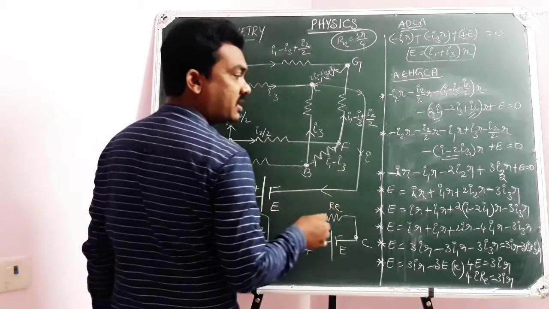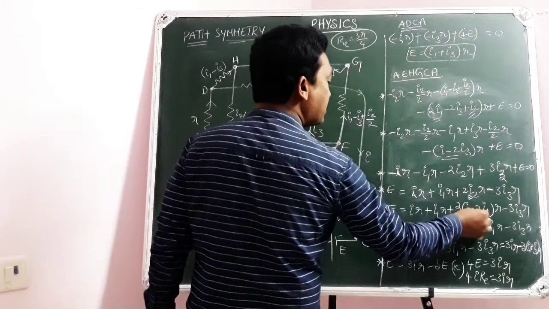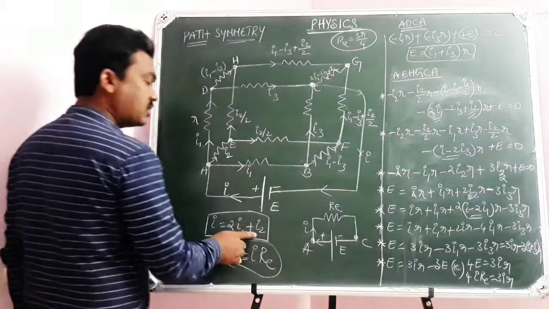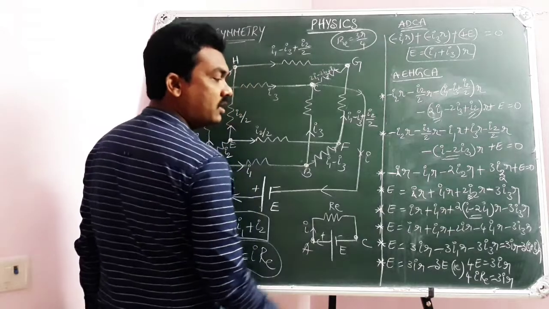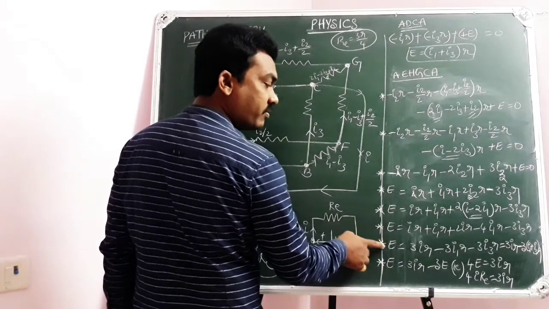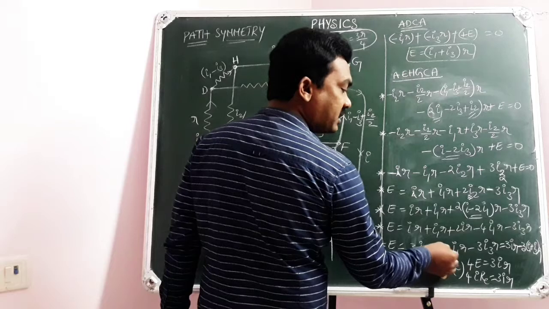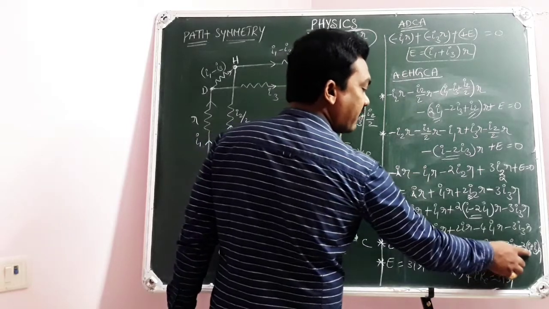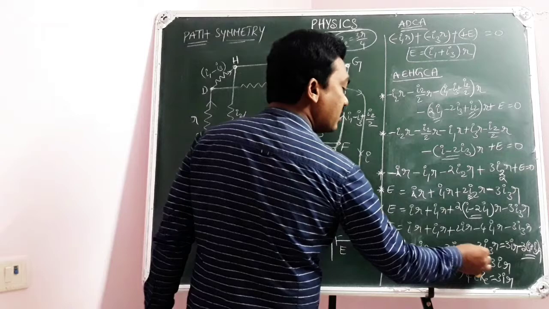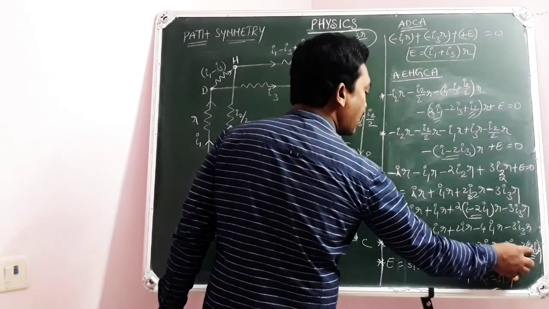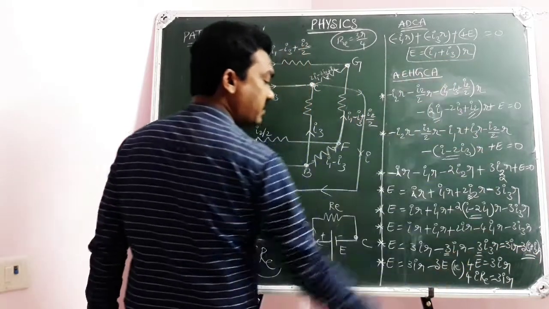Next very important step, I told you I2 should be avoided. So I2 will be replaced here with I minus 2I1. Then you will have the equation for E. And the next important step, here take minus 3 common. Then you will get I1 plus I3 into R. On taking minus 3 common, you will get minus 3 of I1 plus I3 into R. I1 plus I3 into R will be replaced with E.